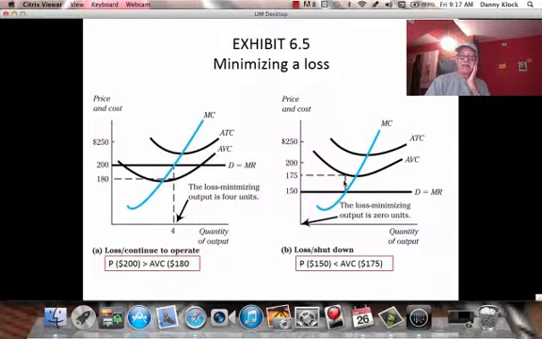But on the right here, this is where a firm should shut down, where the demand, the marginal revenue is below the average variable cost. Again, it just makes more sense to shut down. And if you look at the Excel spreadsheet, I think if you put a price of 200 in the Excel spreadsheet when we did last week, you'll see that it's more profitable to shut down. Basically, you lose less if you shut down than keep going. So there's a couple of questions on that on the test.